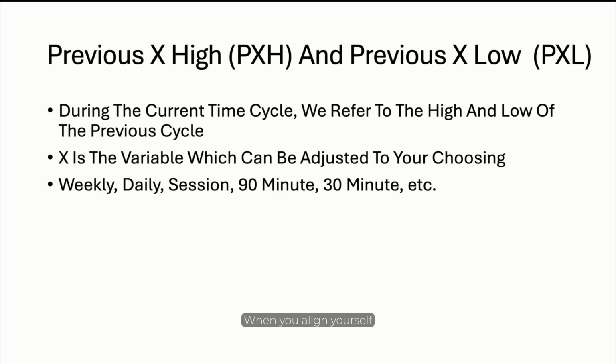When you align yourself from the bigger time cycles all the way to the lower time cycles within an underlying narrative of, for example, higher prices, meaning when a higher cycle shows to you that the order flow is bullish and the lower or smaller cycles confirm this to you, then you have a very high probability setup because everything is aligned with one another to confirm to you that higher prices are likely going to be next.